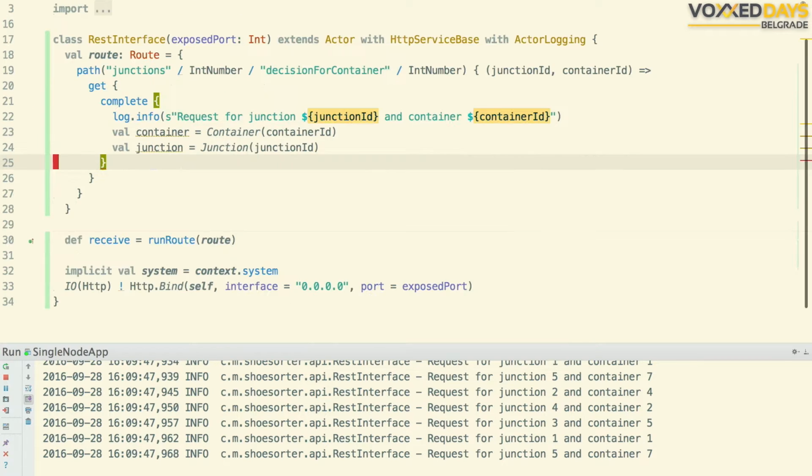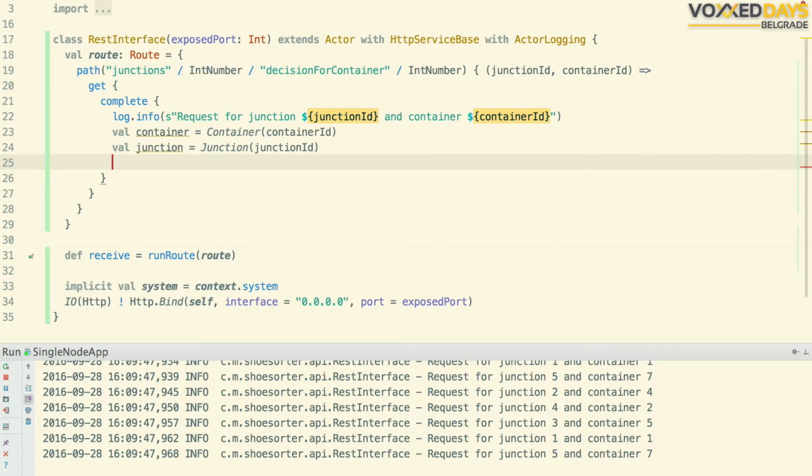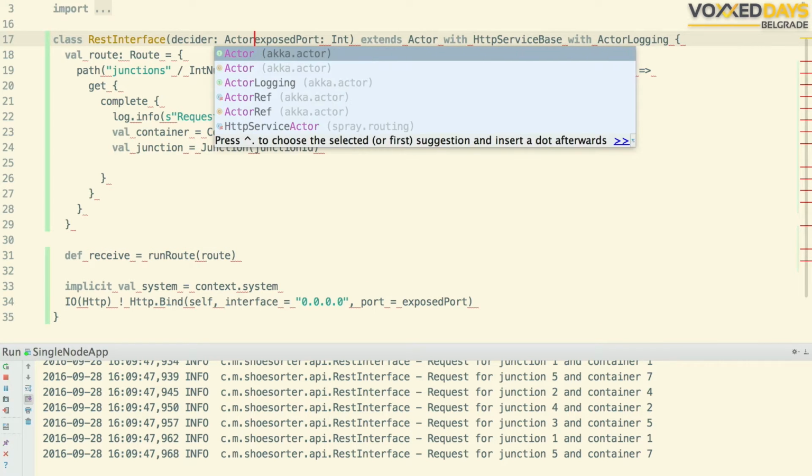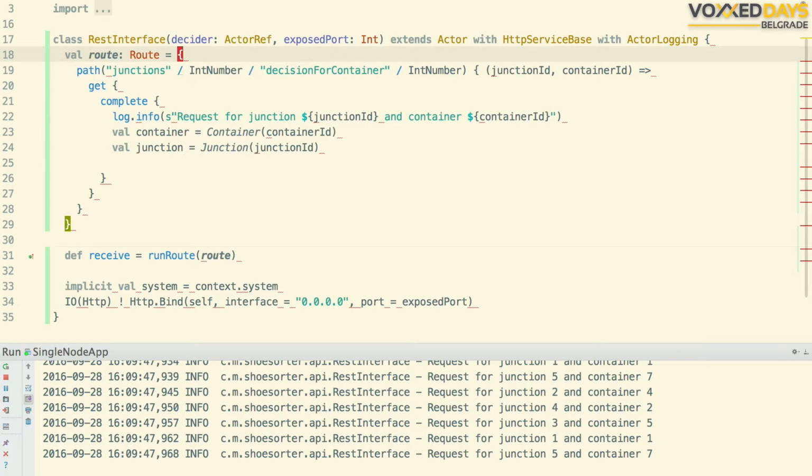And in our REST interface, we need to ask our new sorting decider actor for the business logic, or for the business decision that it needs to make. And this actor will be provided from the outside, so we just add another thing to the constructor.